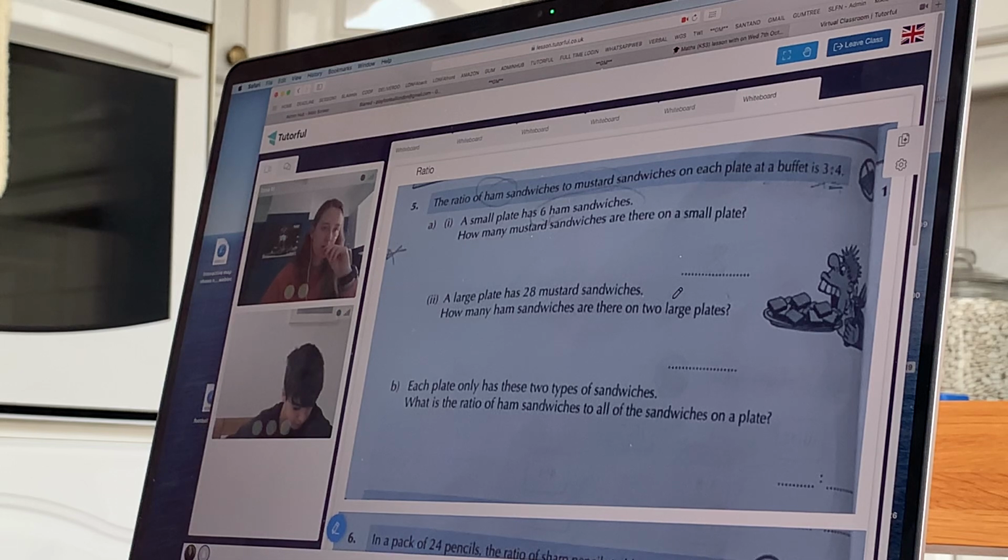So, a large plate has 28 mustard sandwiches. How many ham sandwiches are there on 2 large plates? That one was hard for me. And yeah, do you want to try that one? Yes. We'll go through that one again, and then which other one? And on number 6,